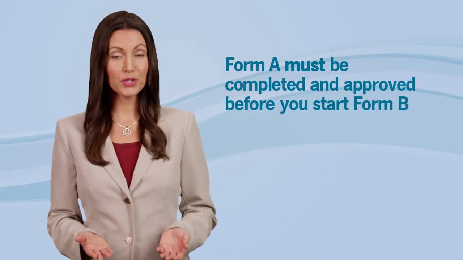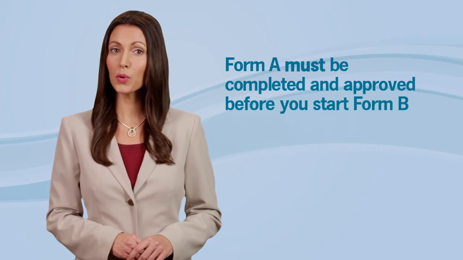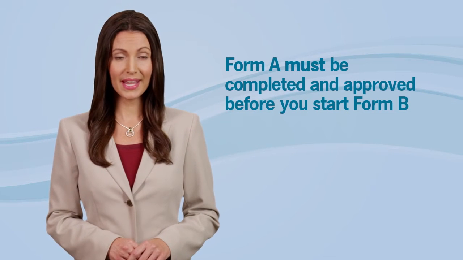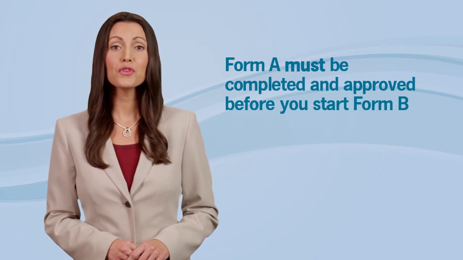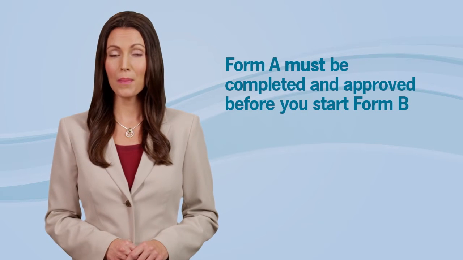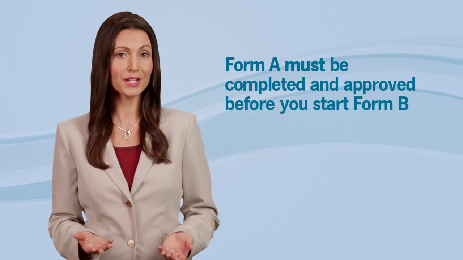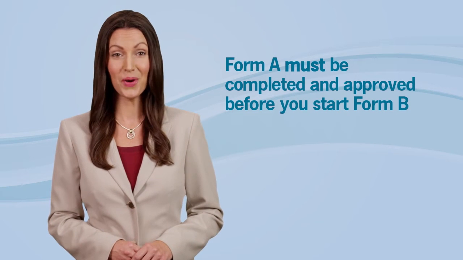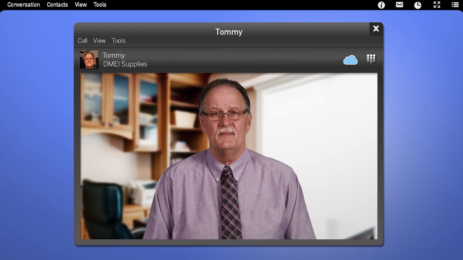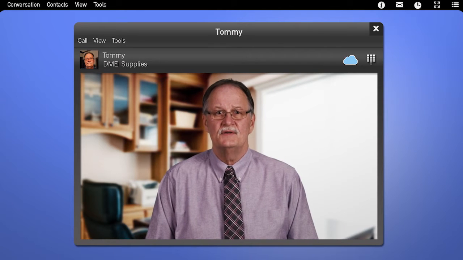Before we get started, you should know that you won't be able to start on Form B until after you've completed and approved Form A. The information that you entered on Form A about which CBA product category combinations you intend for your locations to furnish will already be pre-populated on Form B. Since I'm the authorized official, I'm the person who should approve Form A, right? That's right. When you log into DBIDS, check the status page under Form A application status. It should say Complete and Approved before you can create a Form B.